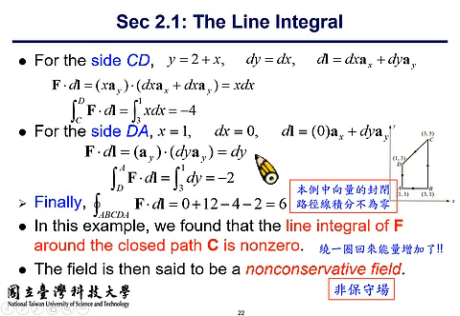Its equation is y equals 2 plus x. If you do the differentiation on both sides, it yields dy equals dx. So the differential length can be rewritten as dx ax plus dy ay. And the x coordinate, which is pertinent to the amount of field, because the field is x ay, is a variable